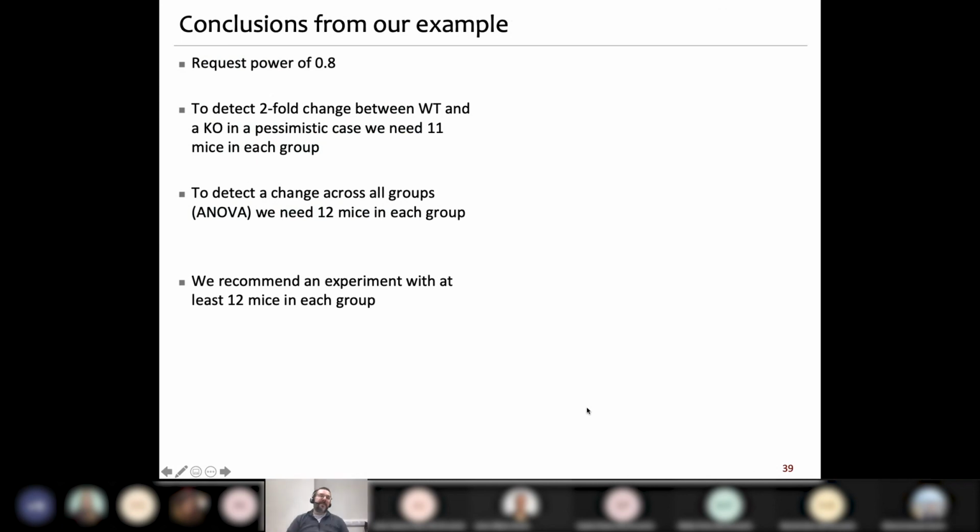These are conclusions from this worked example. We want to achieve a power of 80%, of 0.8. To detect a twofold change between wild type and a knockout, in a pessimistic case, you need at least 11 mice in each group. And the second question, to detect a change across all groups in ANOVA, we need at least 12 mice in each group. So based on these two predictions, we recommend an experiment with at least 12 mice in each group. I say at least because you have to account for possible failures, for possible failed experiments where you need to reject some of the